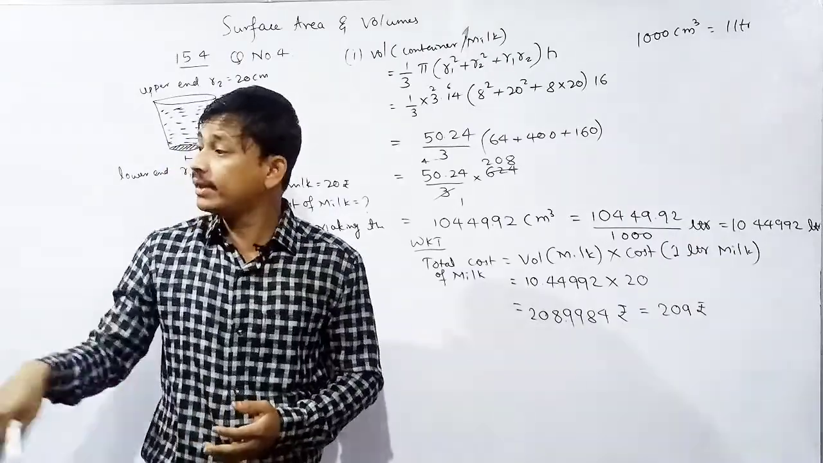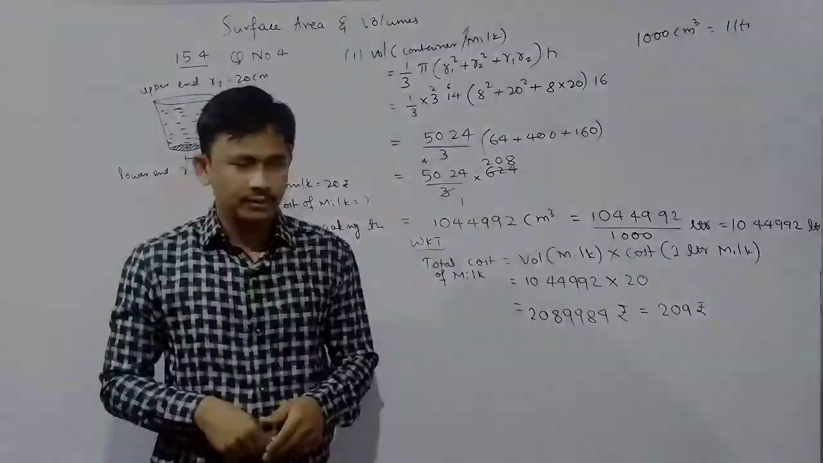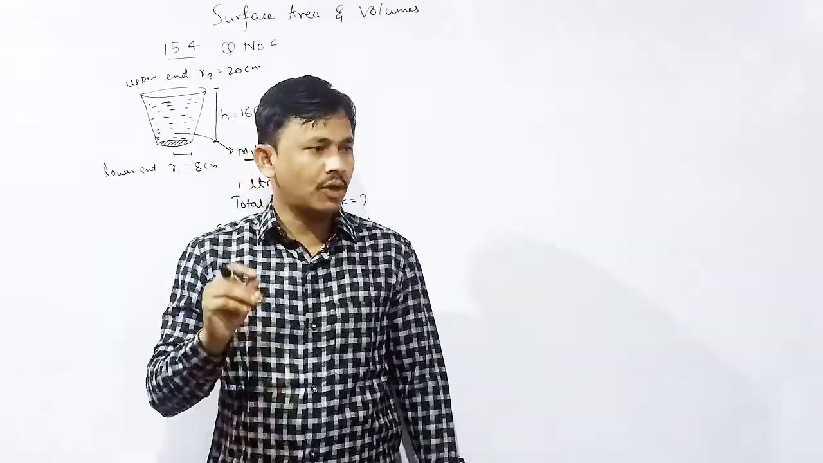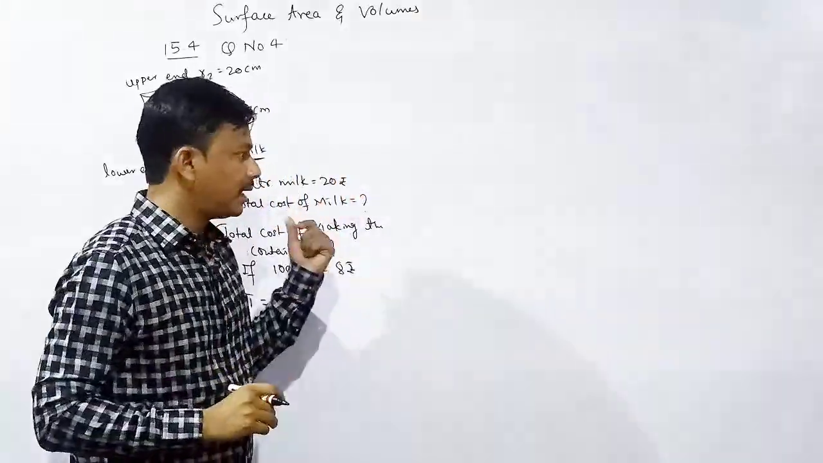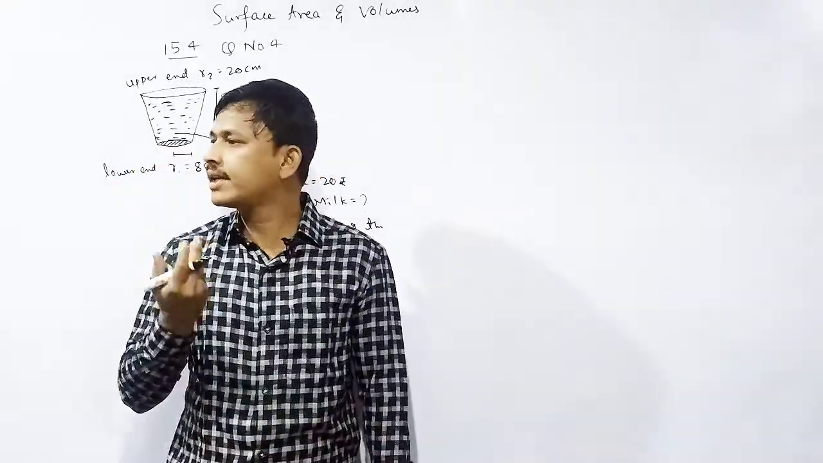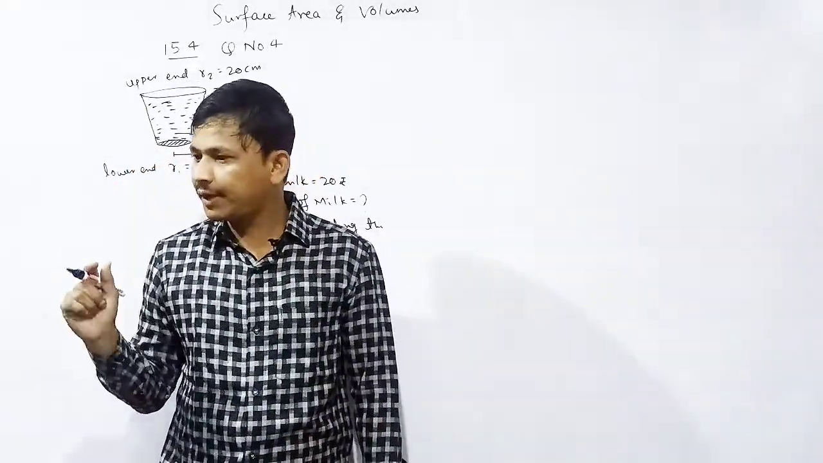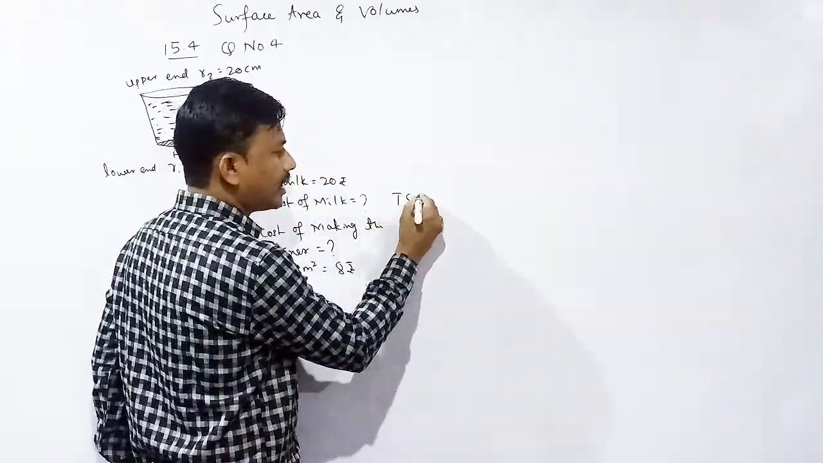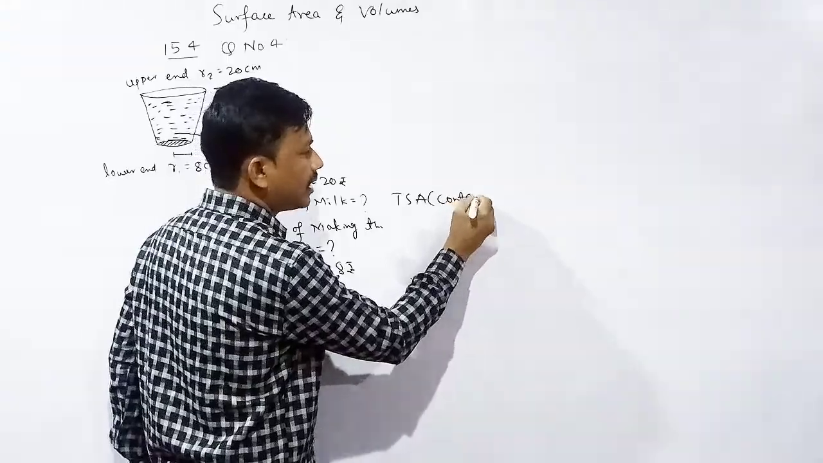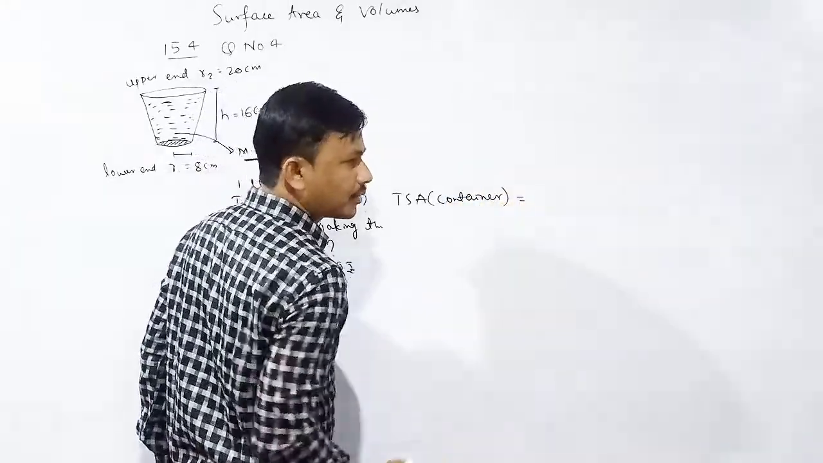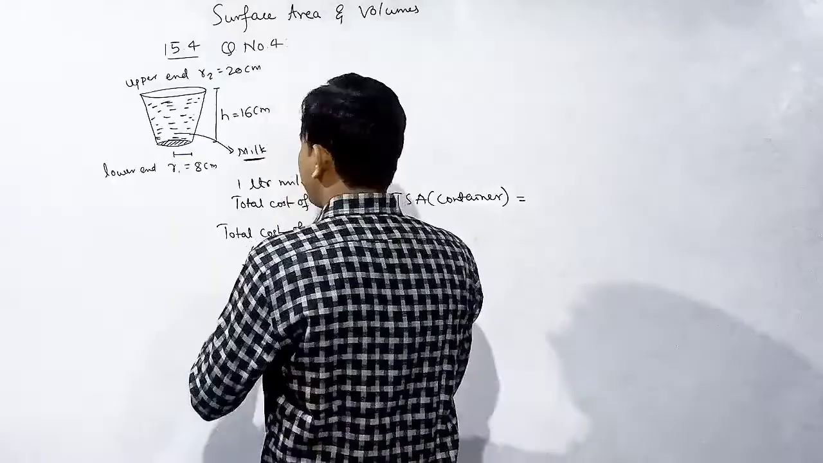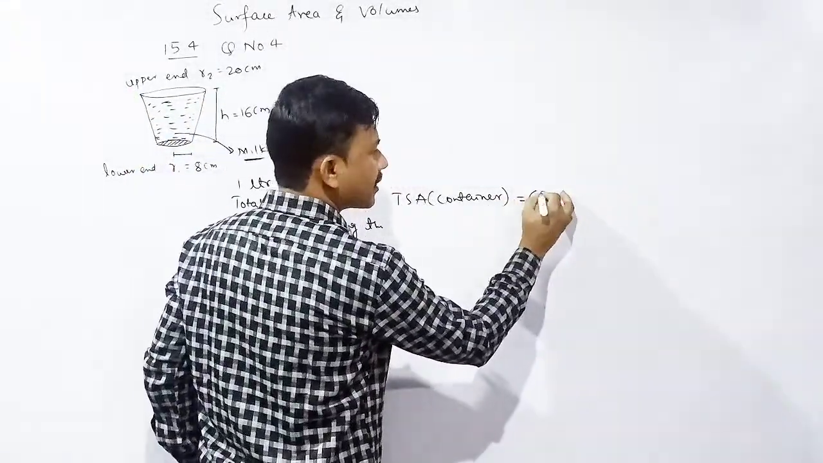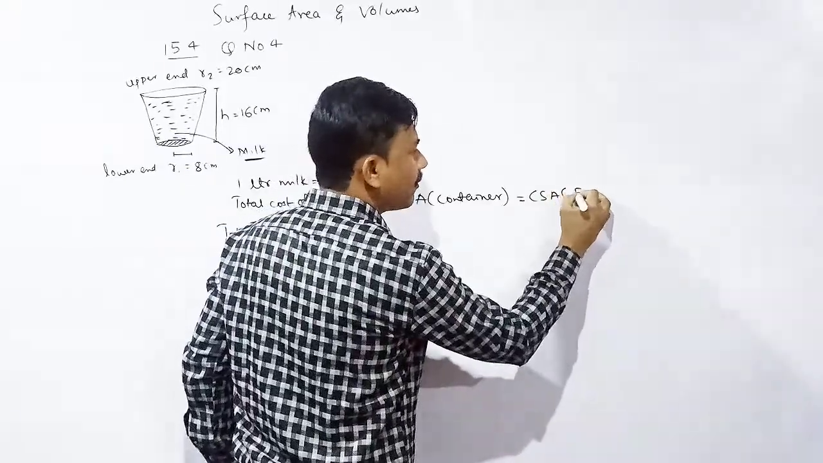Next we need to find out the cost of making the container. We need to find out the total cost of making the container. That means the surface area of the container. Total surface area of container is equal to the curved surface area. That means CSA of frustum of a cone,